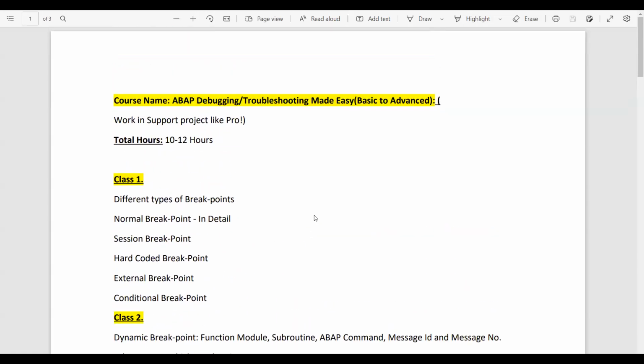Hello everyone. Good morning. I'm going to announce that I'm going to start a new course named ABAP Debugging or Troubleshooting, where I will be covering the debugging concept of ABAP from basic level to advanced level. This will help you to work in the support project like a pro consultant. You will be able to find out the issue. You will be able to find out the problems